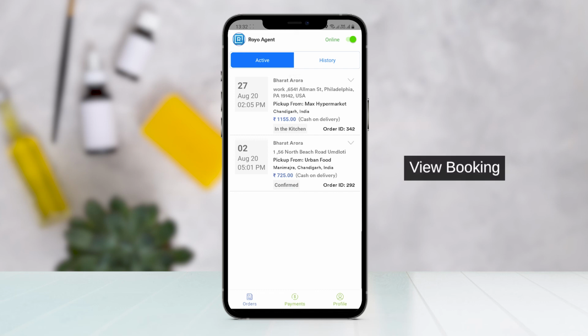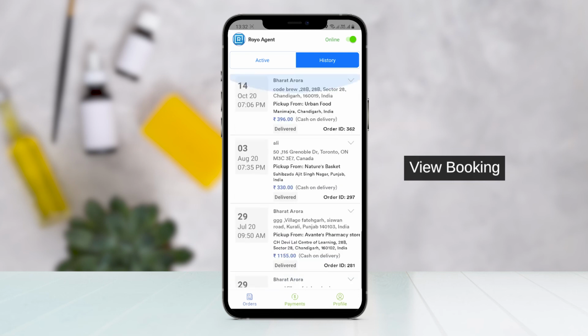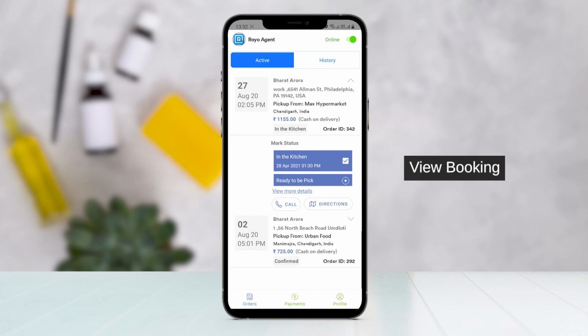Now the agents can view a complete list of all the active orders or the bookings they have received, and they can view the previous orders in the history section. Clicking on the active orders, the agents can mark the status or update the customers about the live status of the order, like whether the order is in the kitchen, ready to be picked up, on the way, or delivered.